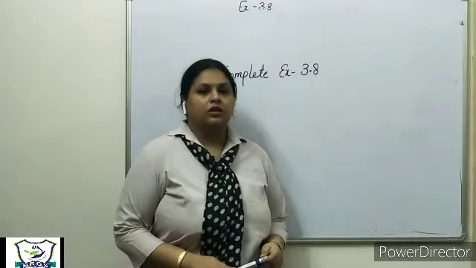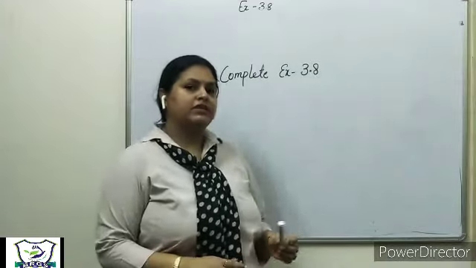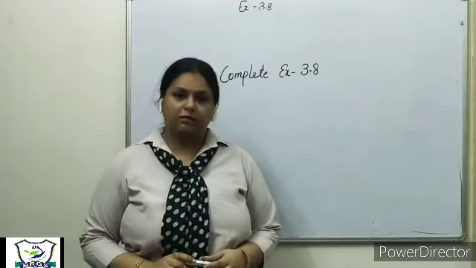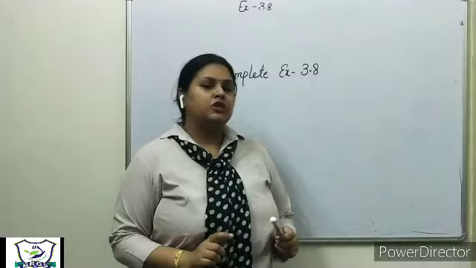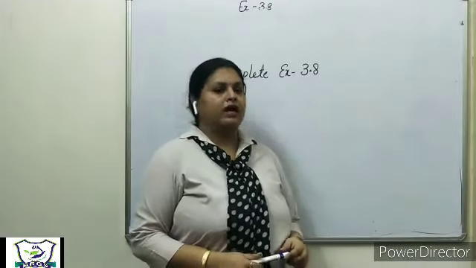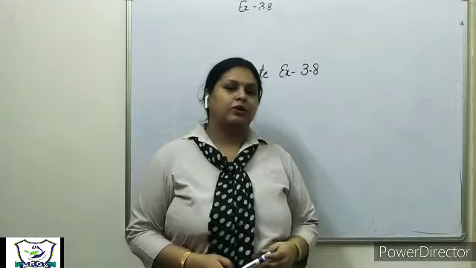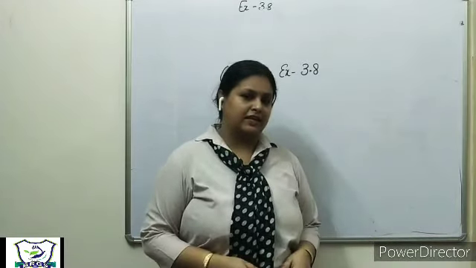Got it? So remaining questions 7 and 8, similar type of question we have done in the previous exercise, but the only difference is that here the area is given as a decimal number and you know how to calculate the square root of a decimal number. Try to solve these questions yourself. I know you will be able to do it, and you have to complete exercise 3.8 and I will see you again with the next exercise.